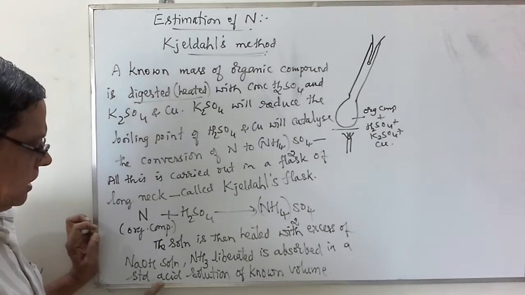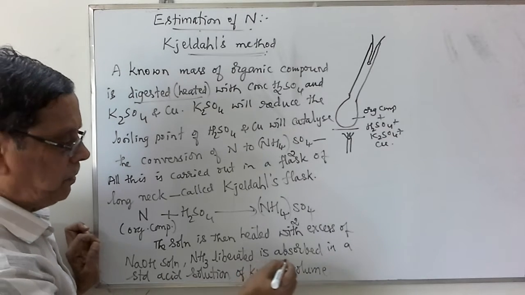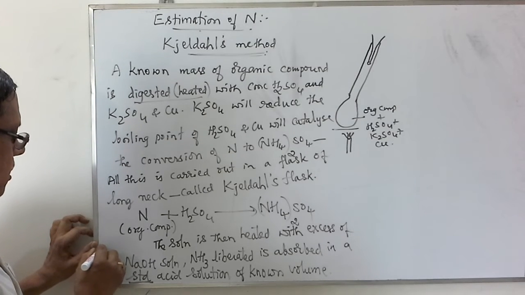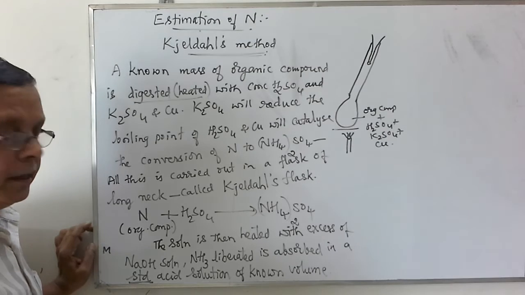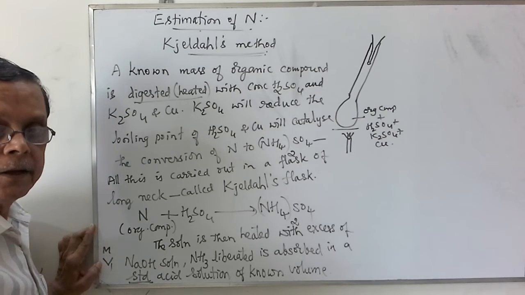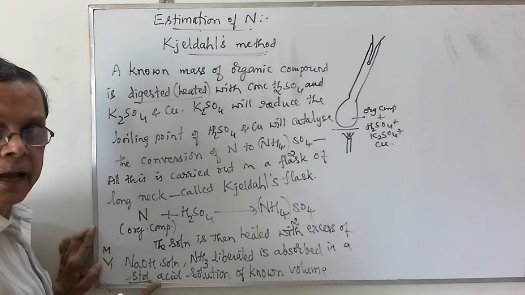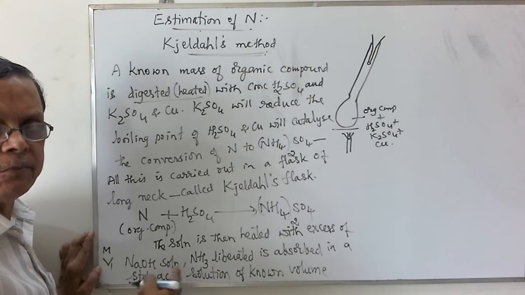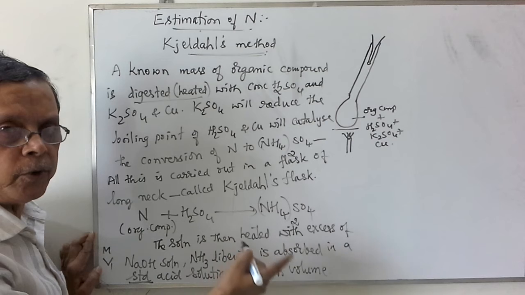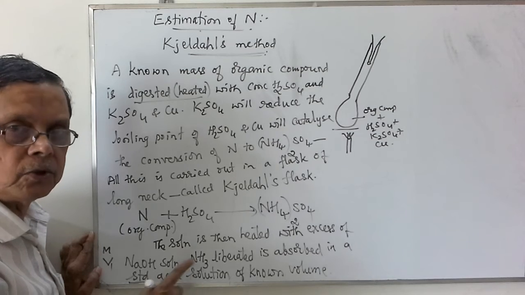For example, this acid may be either hydrochloric acid or dilute sulfuric acid, but its concentration must be known. That's why it is called standard. Say for example, the concentration of this solution is M molar, and the volume of this acid taken is V, let us say V1. Then whatever ammonia is liberated will be absorbed by this acid. Again it is converted to either ammonium chloride or ammonium sulfate. If you are using hydrochloric acid, this ammonia will react with HCl to give ammonium chloride. If you use sulfuric acid, ammonia will react with sulfuric acid to give ammonium sulfate.